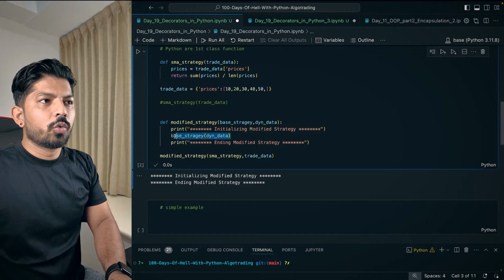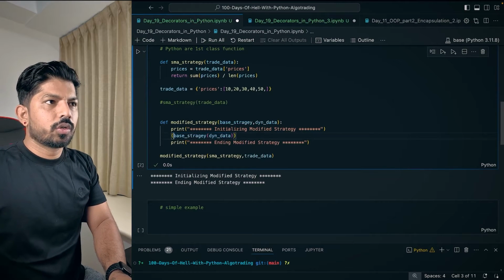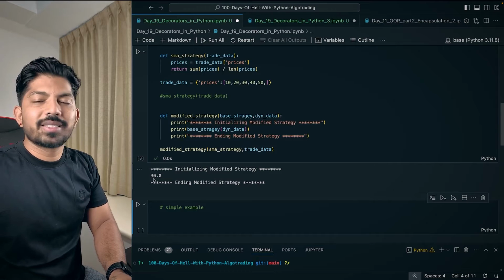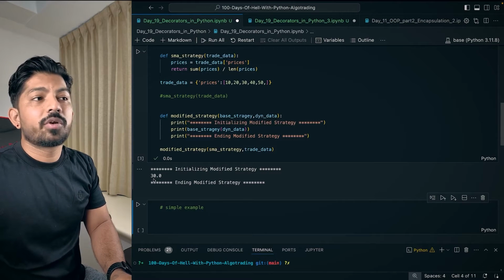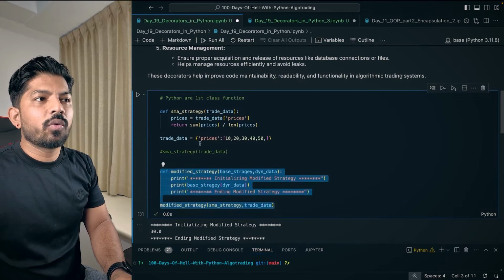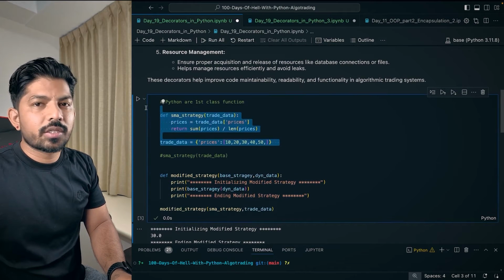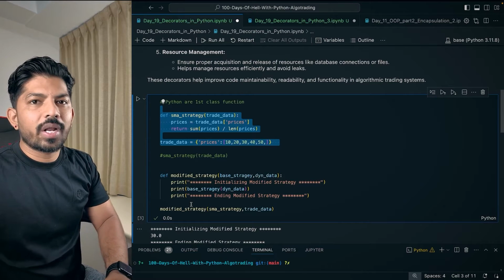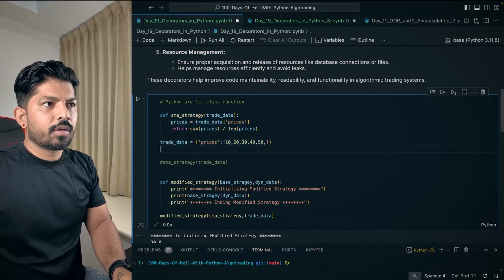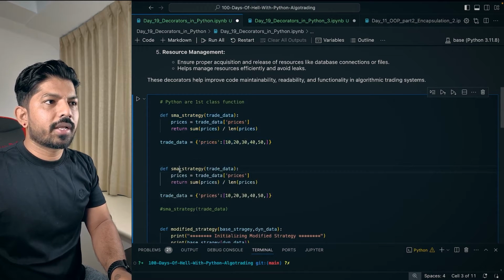So for that we have to print this. So I'll just write print. When we hit shift enter, it gives us the 30. So now what is the benefit of this? That we can keep this same and we can have another like 1000 strategies like this, and this can be used for every strategy. Let's say I'll quickly go ahead and create another strategy, and it could be like, let's say